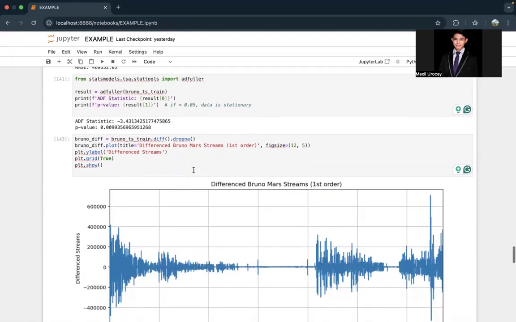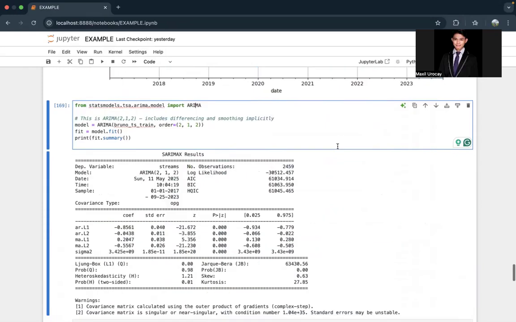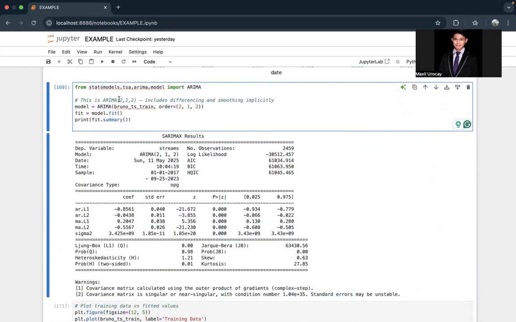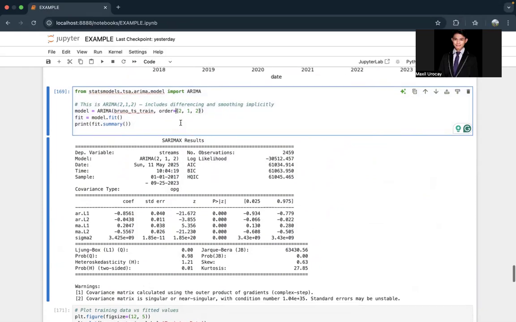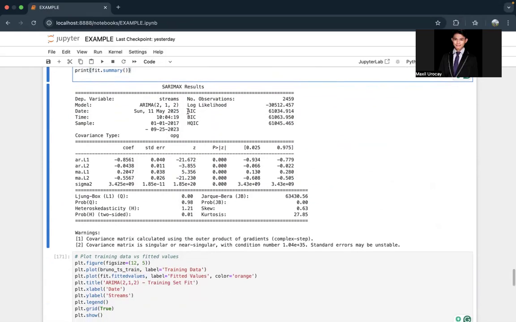For this one, I calculated the first order, then after normalizing that, ARIMA transformed this data into SARIMA. So it will be suitable here.